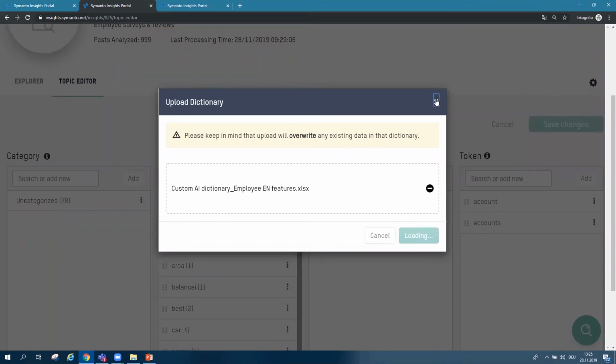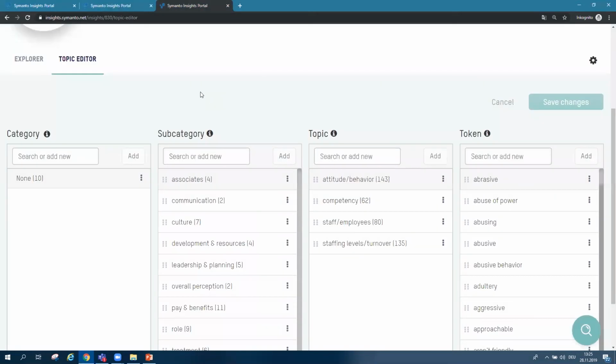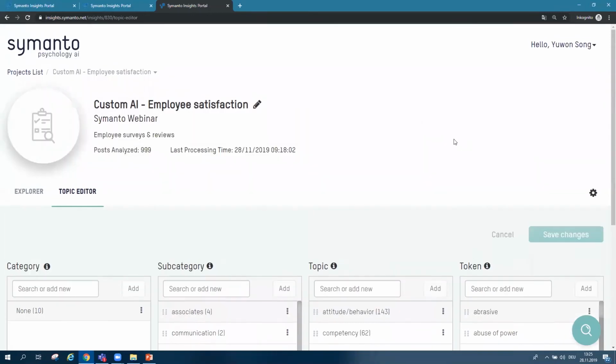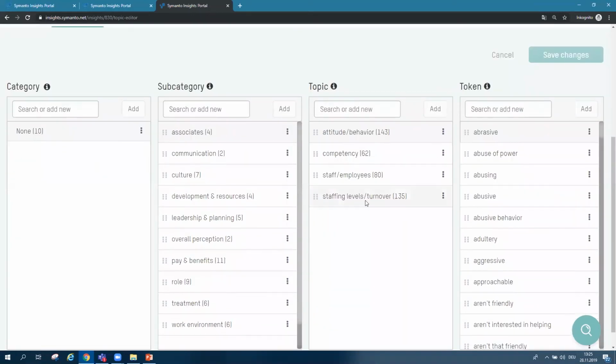Once you have uploaded this, you will see the results this way. It takes a bit of time, that's why I just jumped to the next one. Compared to the other structure you've seen before, you see that here it is much more structured. This is because we have trained these algorithms, this categorization, based only on employee-relevant data.